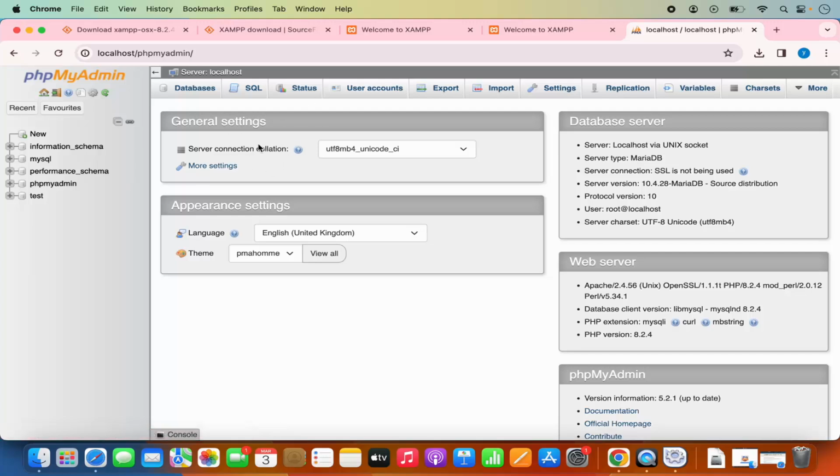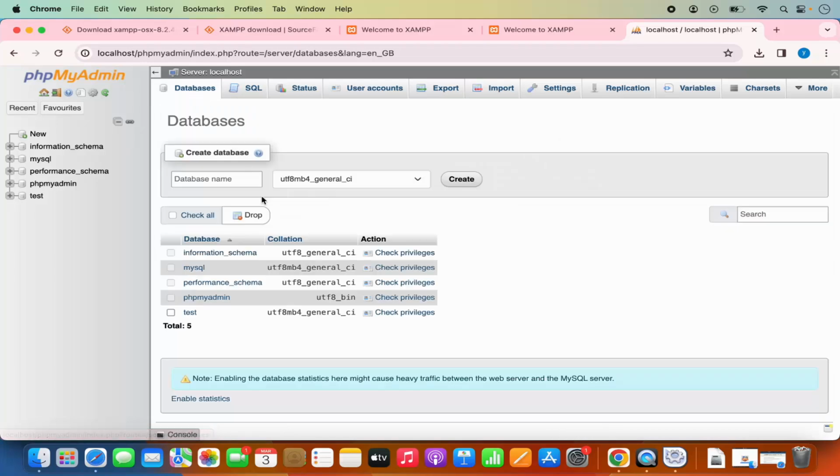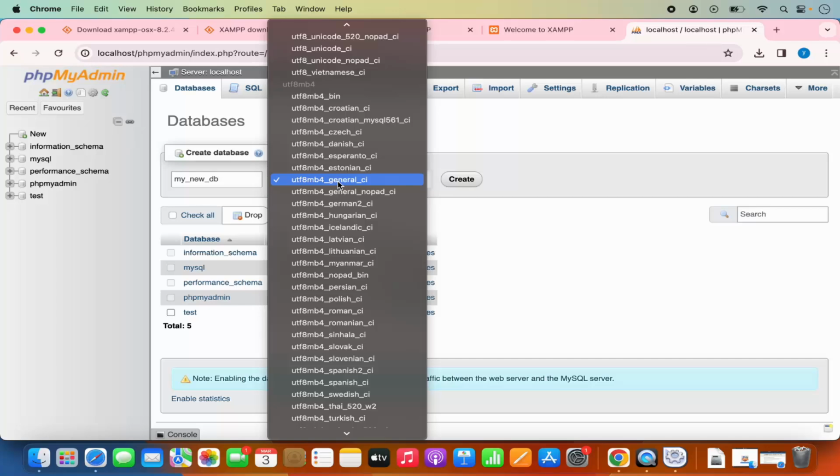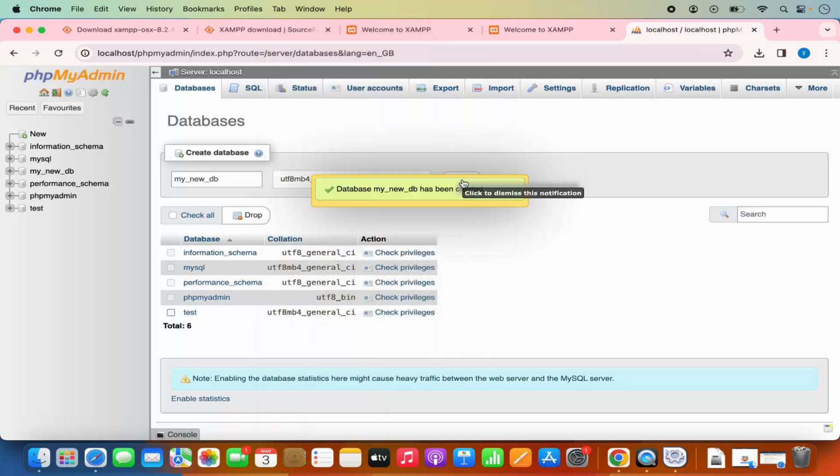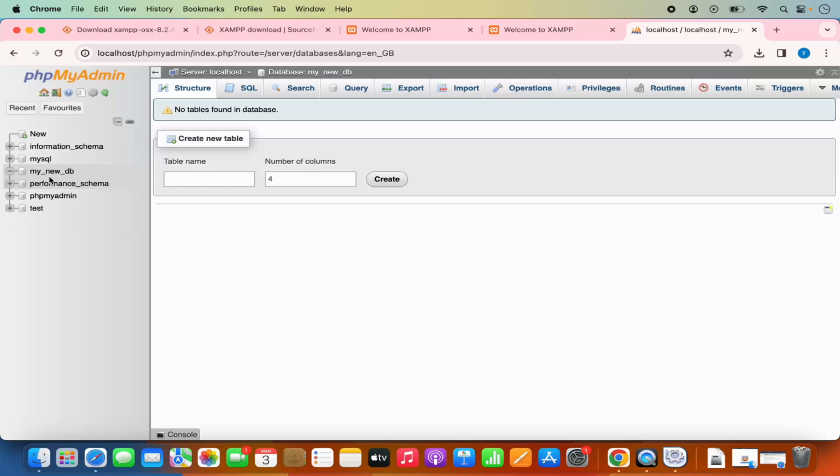to launch this phpMyAdmin. So from here, I can click on databases, and from here, I can even create a new database. So to create a new database, I can just give the name of my database. For example, my_new_DB here, and then I can select one of these options and then click on create, which is going to create my database from here. Now I can move on and create my tables, and then I can start using this phpMyAdmin on my Mac